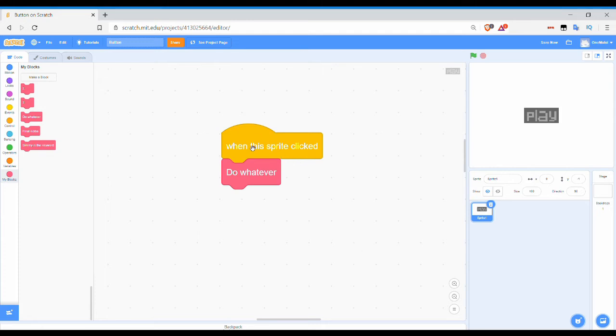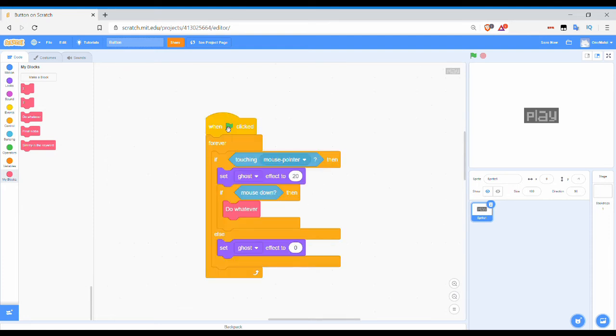We need to change this script. Instead of when this sprite is clicked, do whatever, we can write when the green flag is clicked, forever loop: if the mouse pointer is touching the button, set the ghost effect to 20, and if you start touching the button and if the mouse is down, then do whatever, and else set ghost effect to 0. Okay, so what this does,